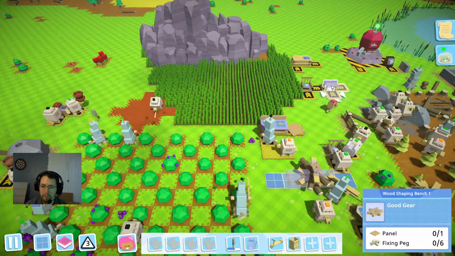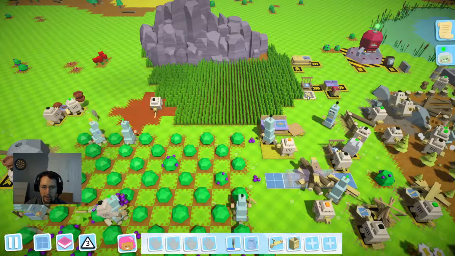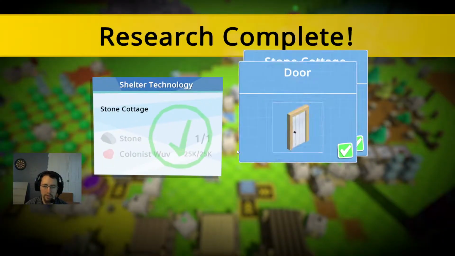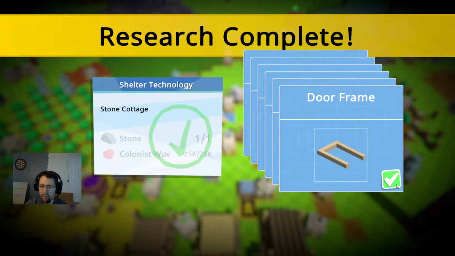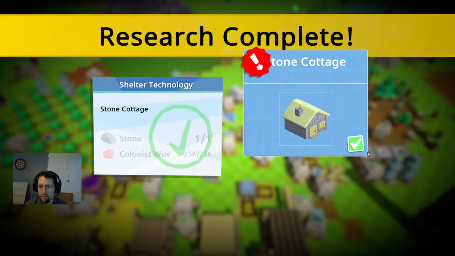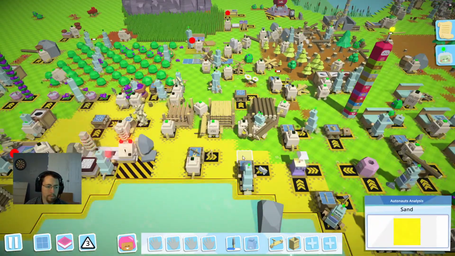There we go, wood shaping bench. We'll go ahead and... Oh, wait a minute. No, crude axle. Masonry, there we go. Shelter technology. Window frame. Door frame. Chimney. Fireplace. Window. Door. Stone cottage. Very nice. Alright, so...